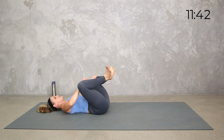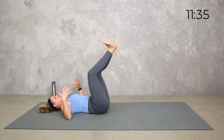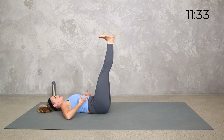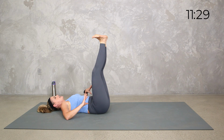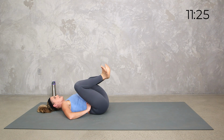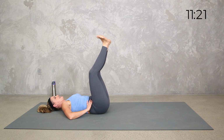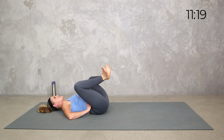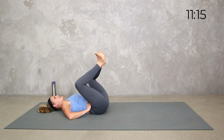We're gonna bring those heels together, knees out. I want you to get the mobility, get the stretch out of it. First, let's start right here. We're gonna push up and in, squeeze inner thighs, connect to the core, down and out. So a little froggy pump right here, up and in, down and out. Yes, you can. Up and in, down and out, right here, up and in, and down,